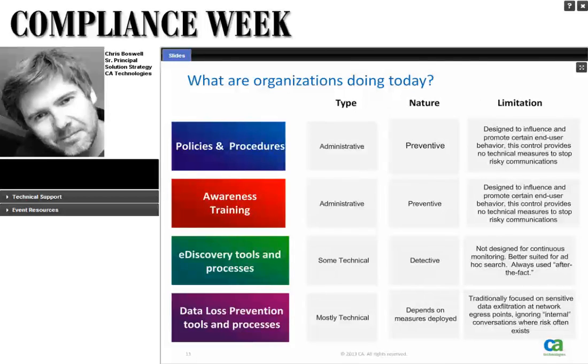But there are limitations to how these tools are often deployed that preclude them from being of much use to some of the threats that we're talking about. A good example of that would be monitoring for some of this HR activity, behavioral things, interoffice relationships, racial or age discrimination, those types of things. DLP solutions typically aren't deployed to look at that.